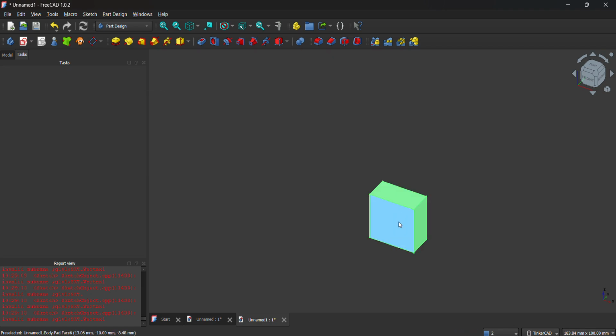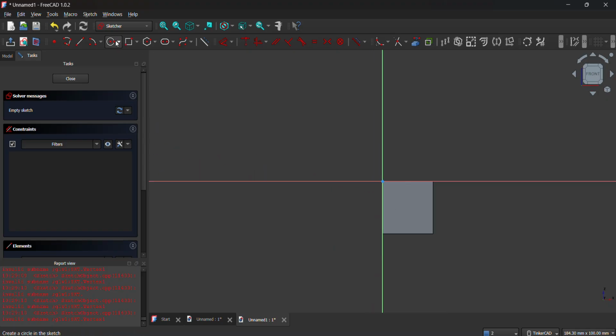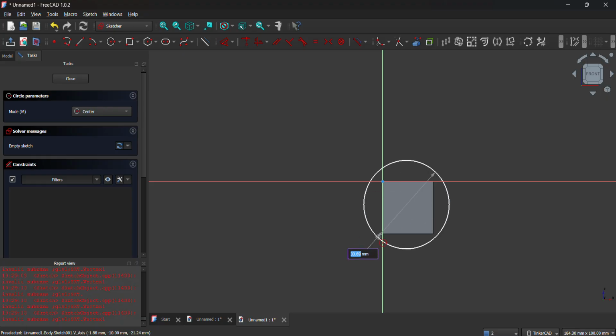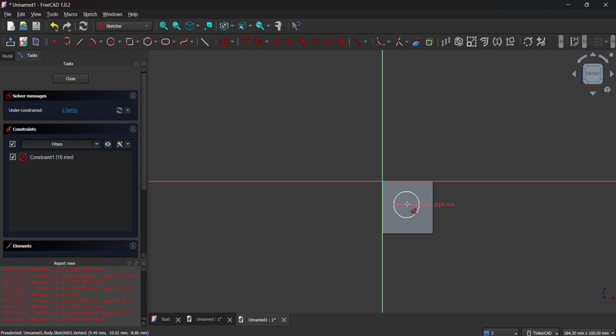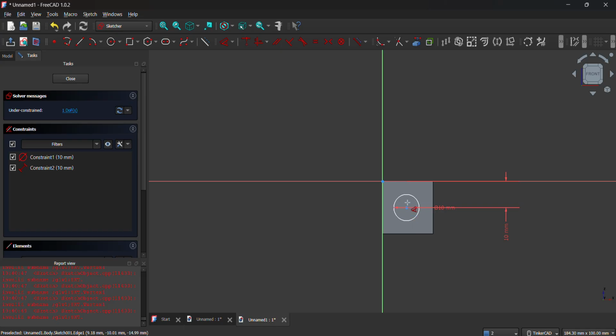So let's start. Of course, a cylinder is a circle. To do that, click this plane, which means you are going to draw there. Click the plane and then create a shape. Click the circle because you are going to create a cylinder and it is a circle shape. I want the circle to have a 10 millimeter diameter. It's not green, it's under constrained, so make sure it is at the center.